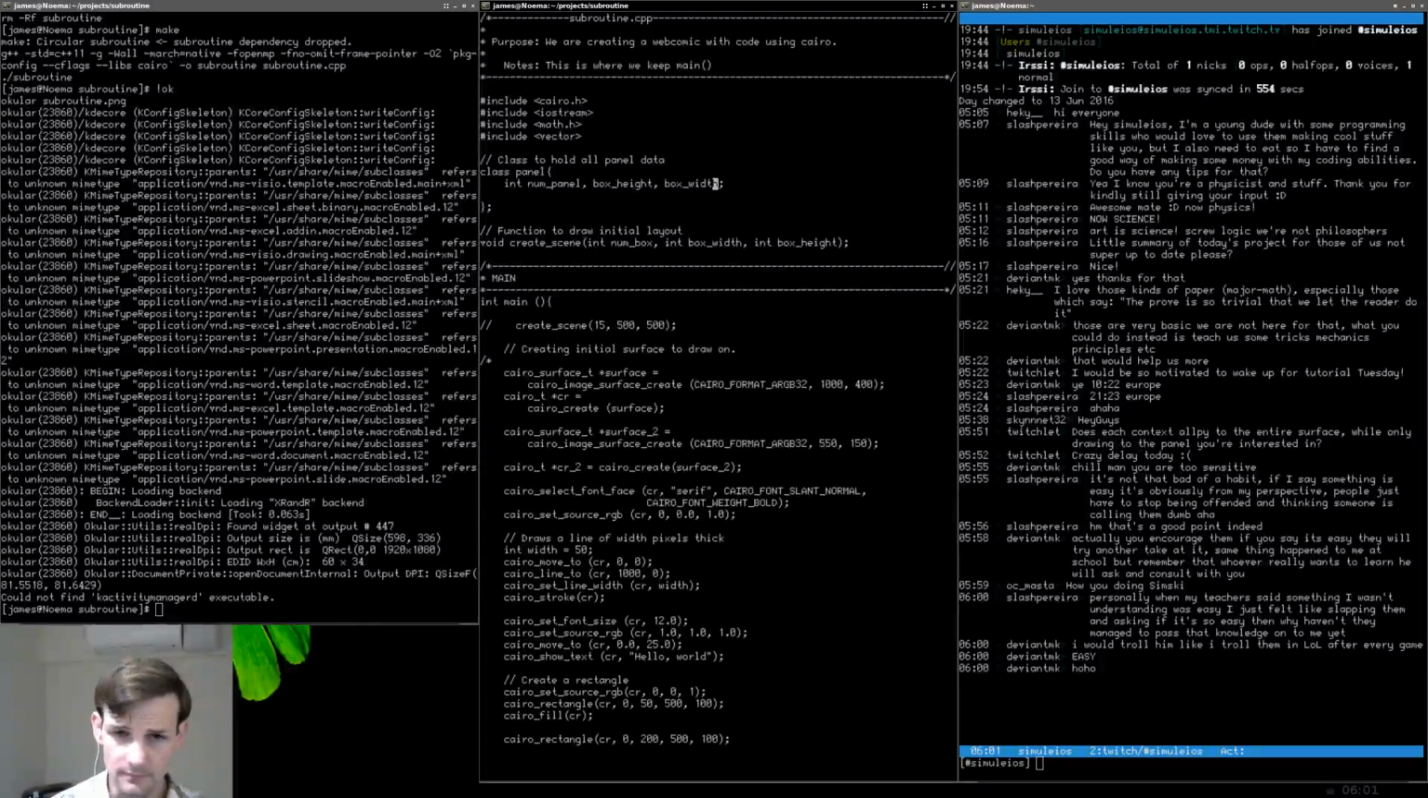Okay. We have int numPanel, int box height, int box width. That's fine. That's everything we need for create scene. Now we need to add new stuff. So we need vector of, let's say, Cairo T. And we're going to call these, well, maybe. Okay, so vector Cairo T. And what do we want to call this? We're going to call it,